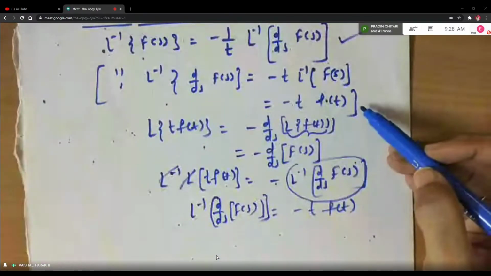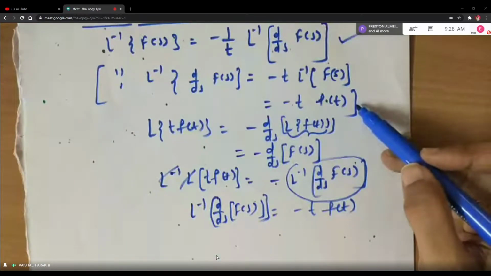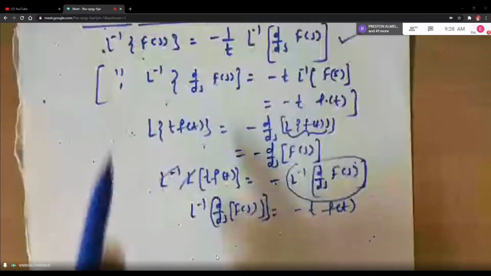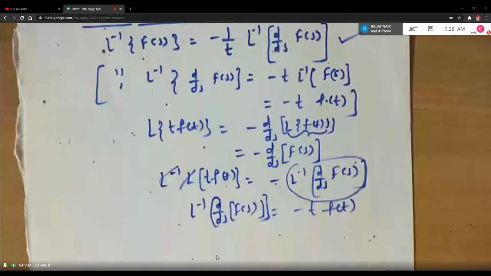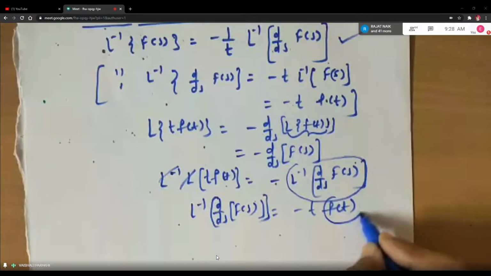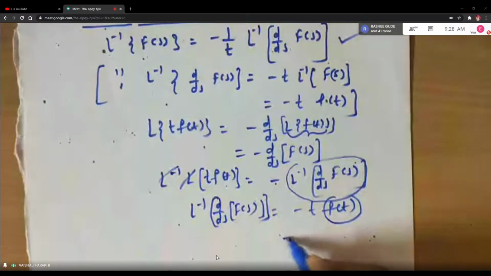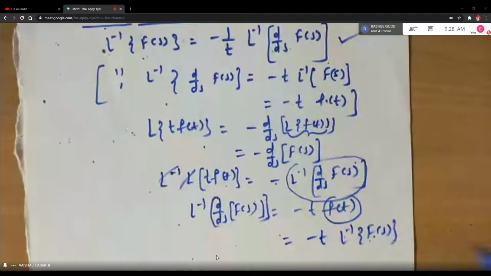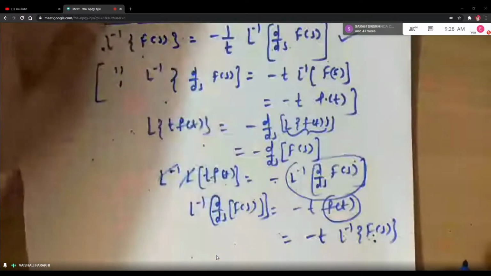The thing which I have written in the bracket is the same thing which comes here. Now see, in our main formula, you want L inverse of capital F of s, right? But what is f of t, students? Your f of t itself is L inverse of F of s, because L of f of t is F of s. So f of t will be L inverse of F of s. This is just the jumbling of notations, so you need not worry about this.